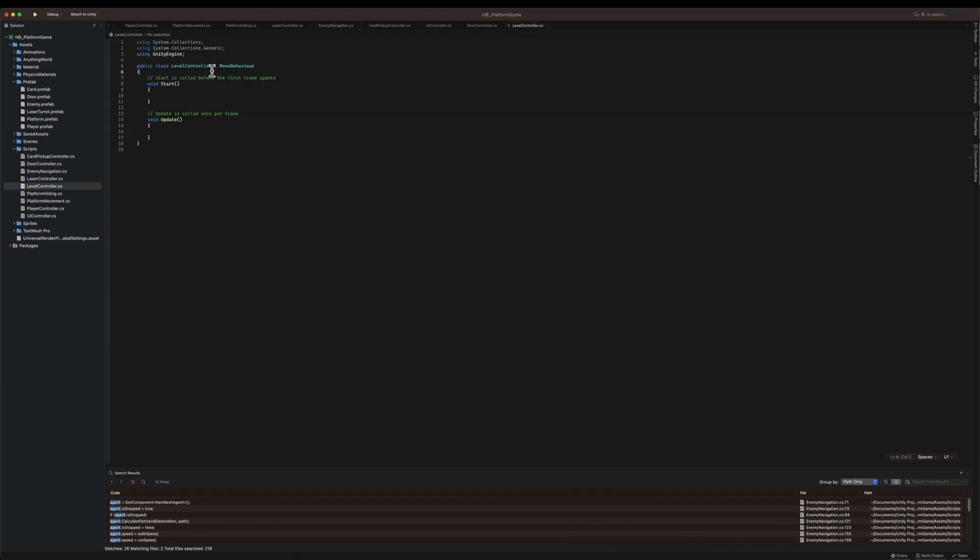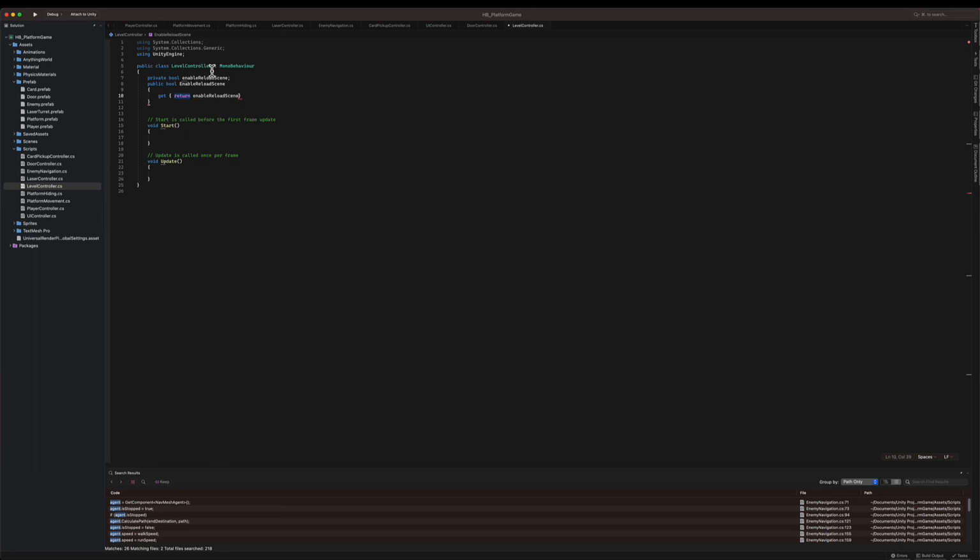In the level controller, here we'll have a boolean that allows me to enable the reload scene, and I'm going to create public facing attributes for these variables, so I can set them up